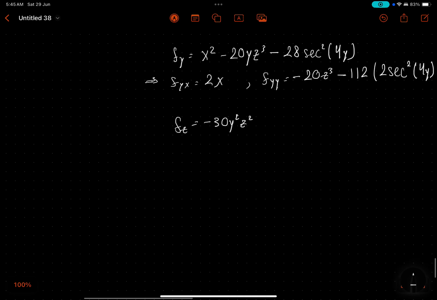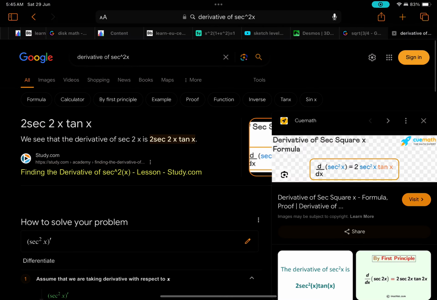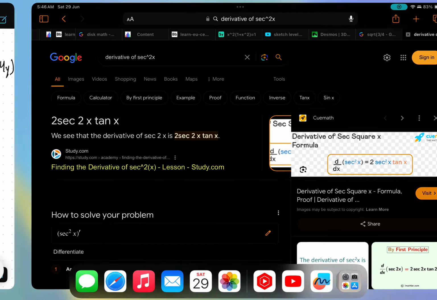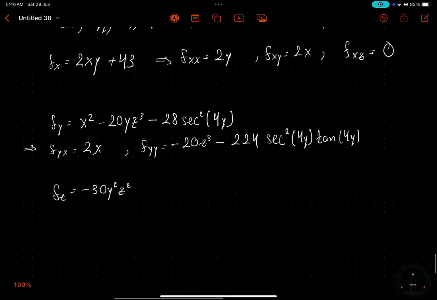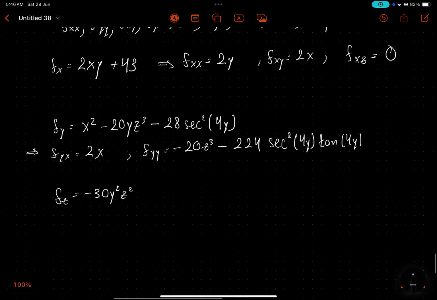Now, so 2 secant squared x tan x, okay, and this is the formula, so we can basically multiply this by 2, we get 224 times secant squared 4y times tan 4y, and this is the partial derivative with respect to y,